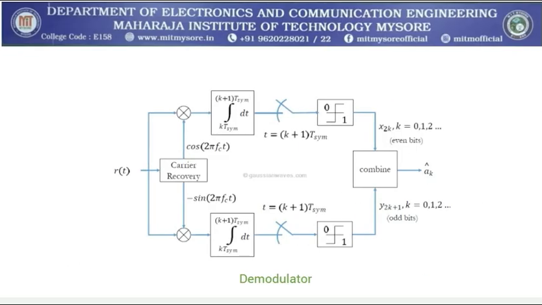Now we look at the demodulator block. The input signal that is taken out will be given to the demodulator block, where we are going to apply the integral, and with respect to the switching action, we are going to observe this in the Simulink models, how exactly we have a switch between two. We are going to use the switch where we switch depending on whether it is above the threshold or not. Then we make use of a comparator and compare it. Then at last we combine the odd and even bits, and we get the output.